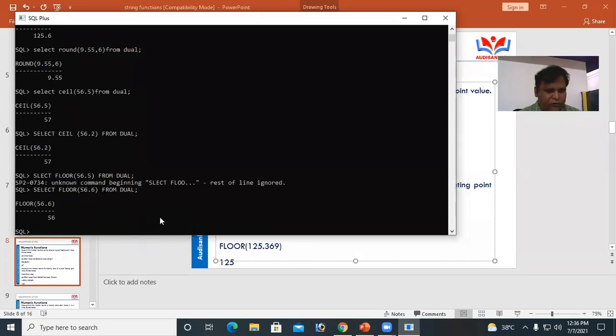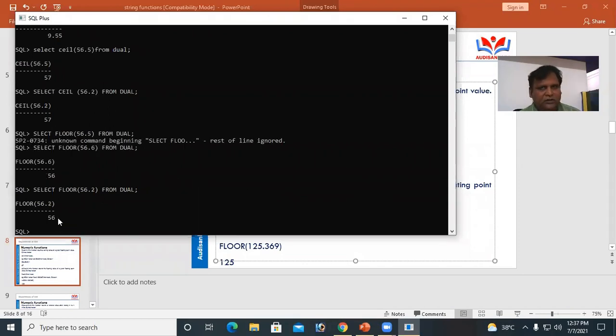Floor value is 56. Select floor of 56.2 from GL. This is the floor. It returns the floor value. This is the ceil value, and this is the floor value.